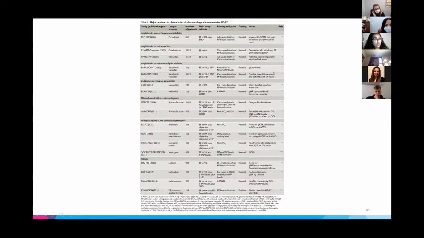So these are major trials for treatment of HFpEF. And again, we're not going to go through all of these, but I want you to notice here on the side findings. So this is ACE inhibitor, ARBs, ARNIs, beta blockers, MRAs, nitric oxide, and others, digoxin, ivabradine. So most of them are neutral trials, you see. The ones that are positive, there's maybe some data for ARNIs, and we'll go over those in a little bit. For MRA, the TOPCAT trial was neutral, but there was some geographical variation, and we'll go over what that means